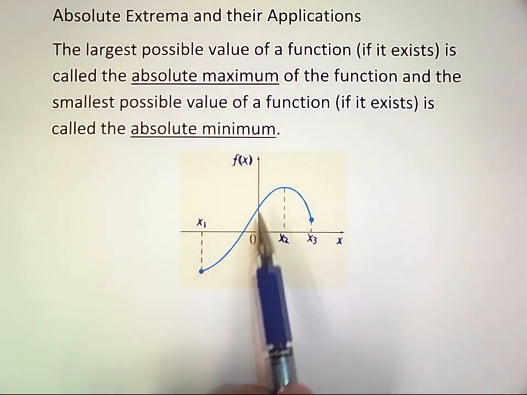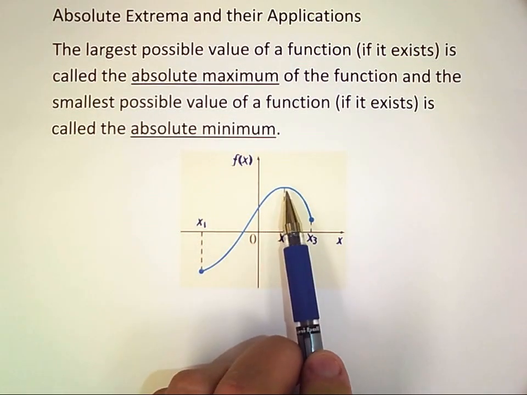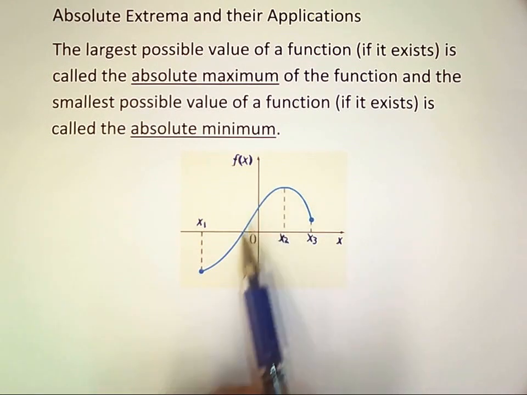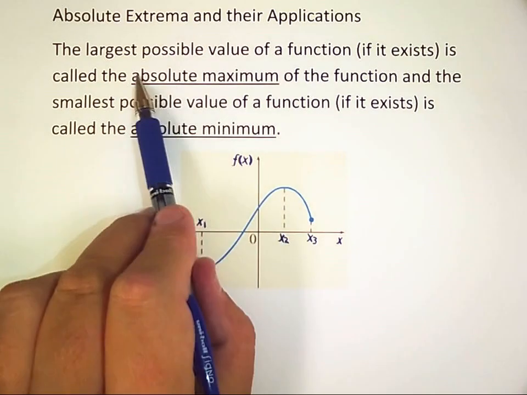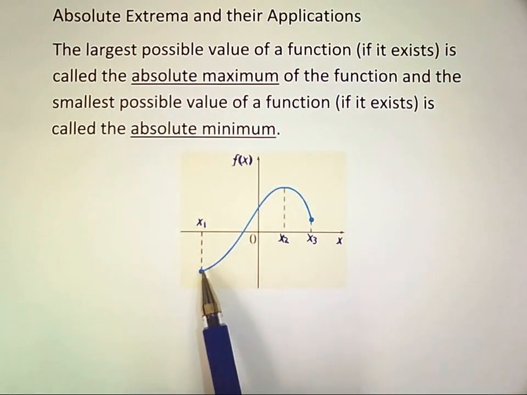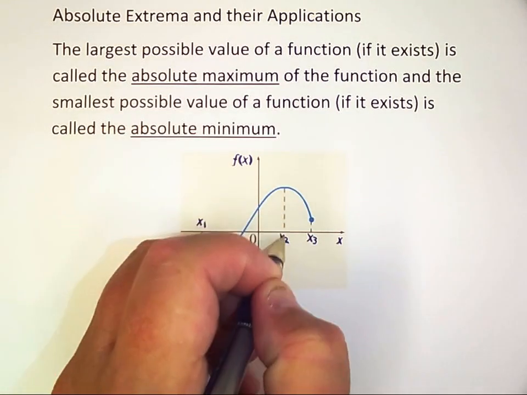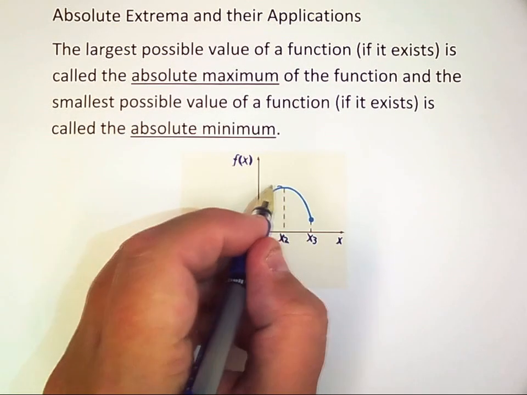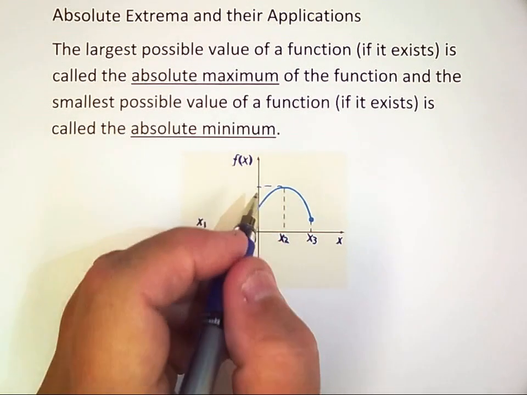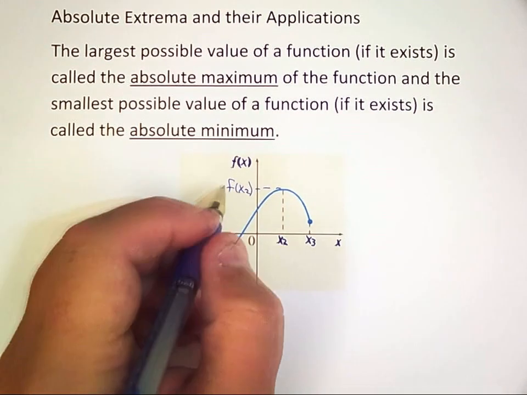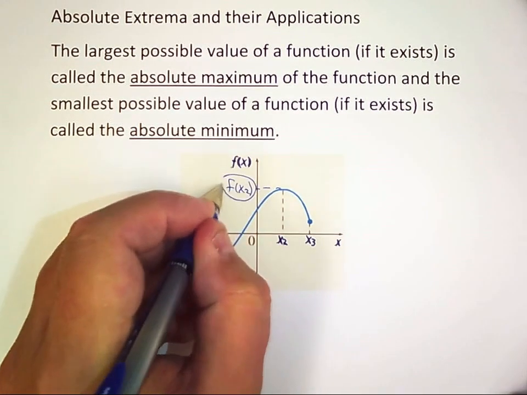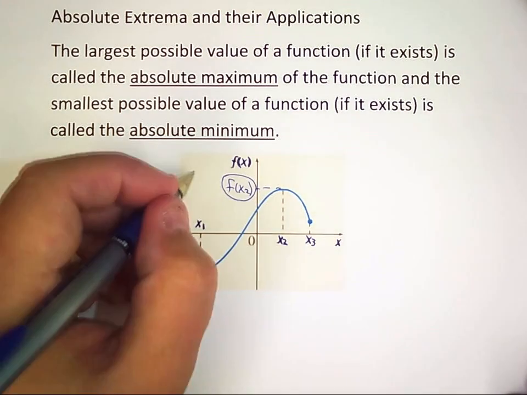If you have this function, you can see that there's a point that is higher than any other point on the curve. The y value of that point is what we call the absolute maximum. There is no point on that curve any higher than that. So at x sub 2, you have whatever the y value is, we'll call it f of x sub 2. That y value is the absolute